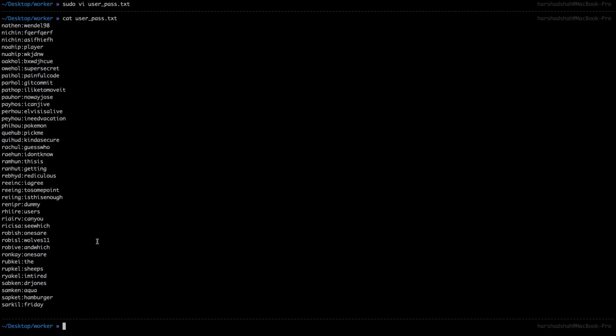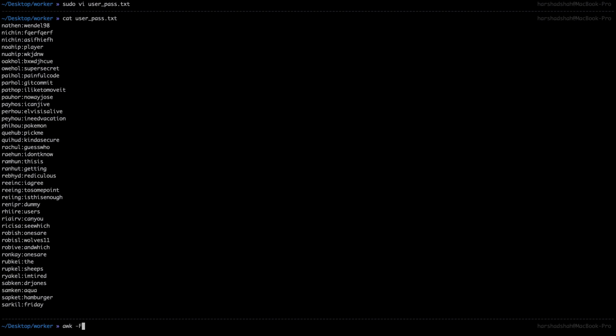Fantastic. Now I can use awk, or you can use the cat command with a pipe, another technique, to separate the username and the password. I'm going to use awk.